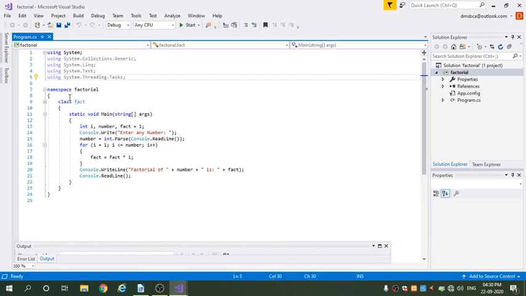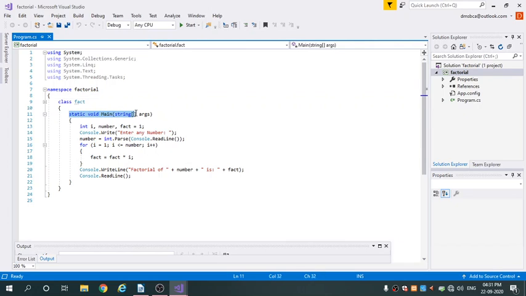Under the namespace we have to create class and methods, or all coding in the namespace only. After the namespace we have created here class fact. Under the class we created static void Main string args.